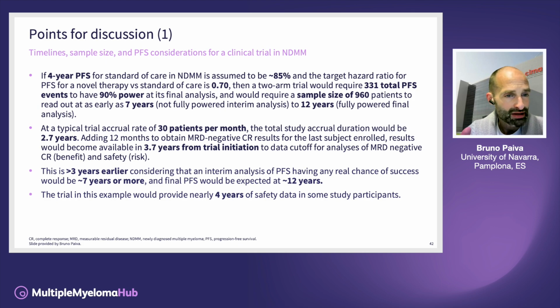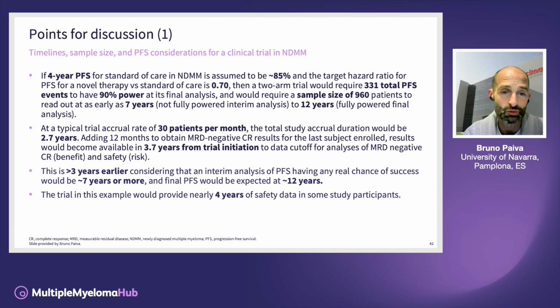Now I have a few slides with text that I will basically read as points, for an estimation of what future trials may look like. If we now assume, and this is mainly based on Perseus, that the 4-year PFS for newly diagnosed transplant-eligible myeloma is approximately 85%, and the target hazard ratio for PFS for a novel therapy versus that standard of care